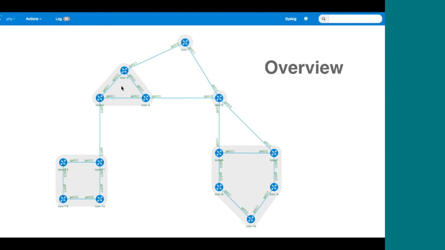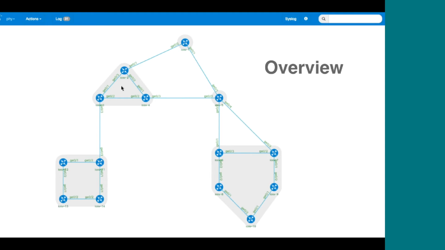So this is showing the overview. We've got the topology that we drew. We're grouping here just by the ASN that we did set in the original file, so that's what the different blocks are showing. We can see that there's a few ASs set up. We've got the green on the interfaces, which are the GE0/4, 0/2, etc. on the link. That bit there is showing that we've got a response back from the VIRL simulation engine saying that that interface is set to active. If we change that to being shut down, then that would change color.